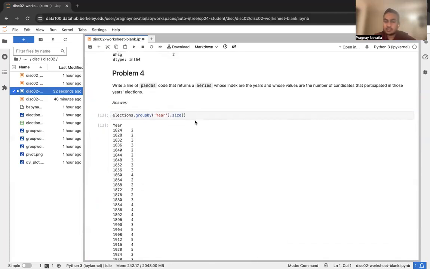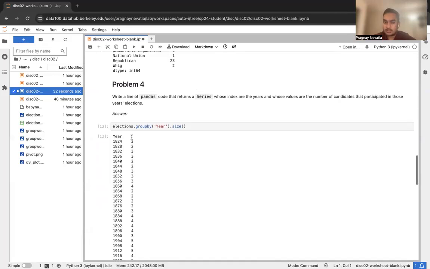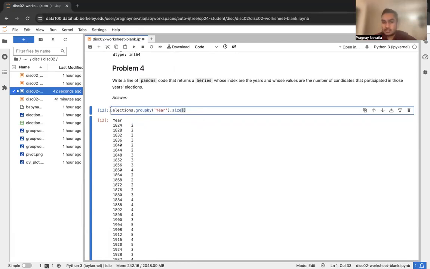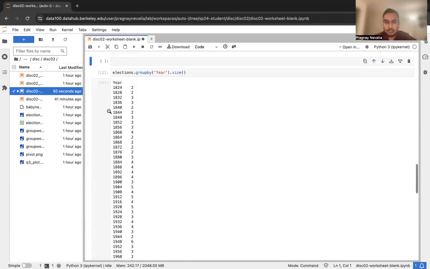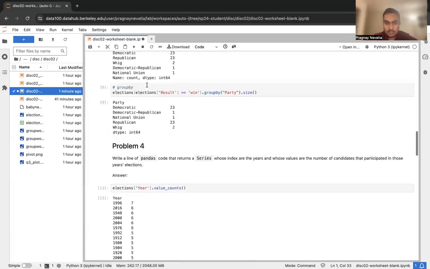Yes. The dot size will give you the number of times that particular index is present in the data frame. So essentially the number of rows in each group after the group by. And as you can imagine, you can do the same thing with value counts. So here, just for the sake of completion, this is what you can do, value counts,